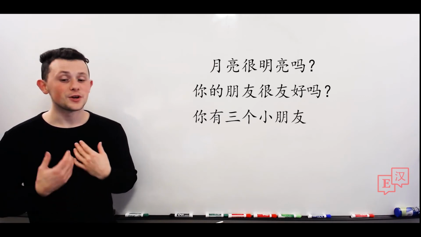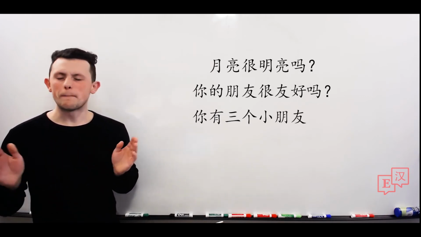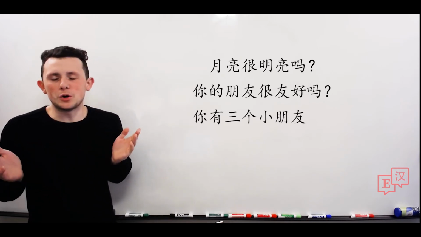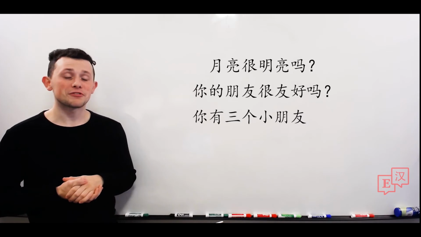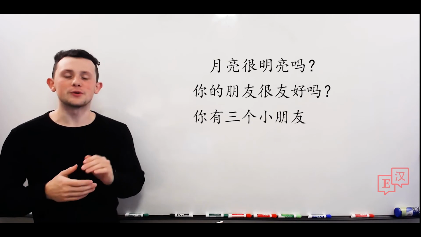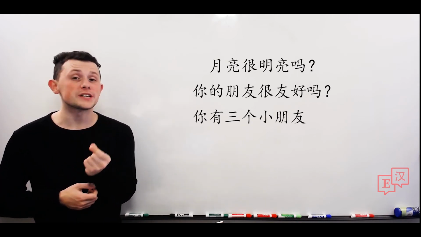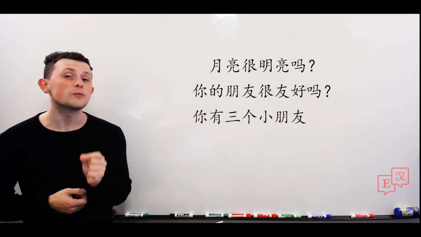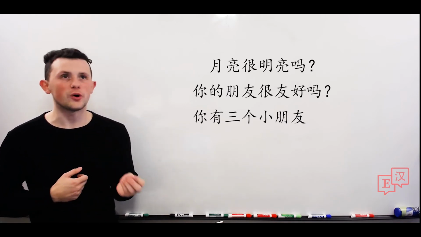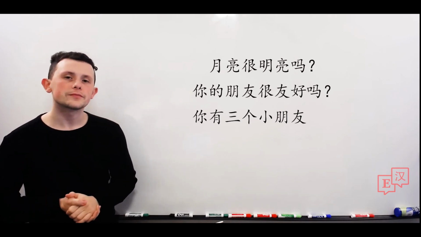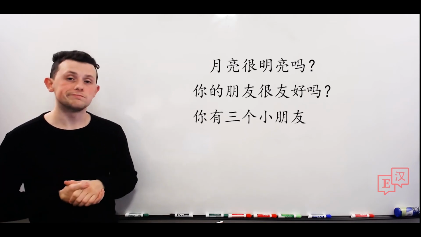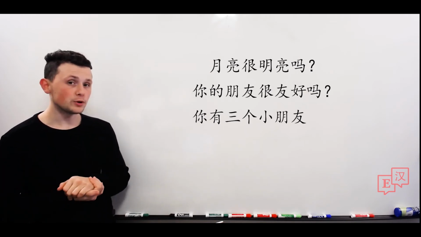My answer, 我的朋友不友好。我的朋友不友好。My friends are not friendly. They're not nice people. Not true, obviously. But the point to notice here is that when we use a negative, we replace 很 with 不. We do not need to say 不很友好. That's a bit verbose. So, 我的朋友不友好。